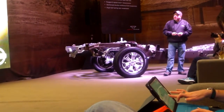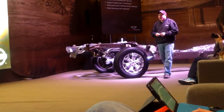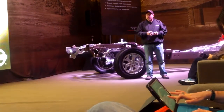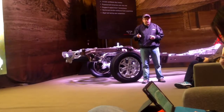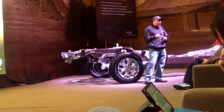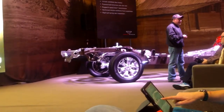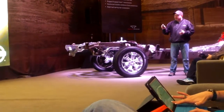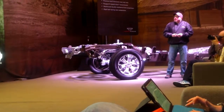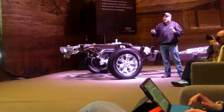So towing aids, I'm going to talk in a little bit more detail on two primary areas. One of those is going to be towing, and the other one's going to be bed innovation. And that's because these are really key drivers for truck guys. If it wasn't for the bed, customers would be buying SUVs. So I want to talk a lot about that, but first I'll touch on the towing. Towing aids, the concept